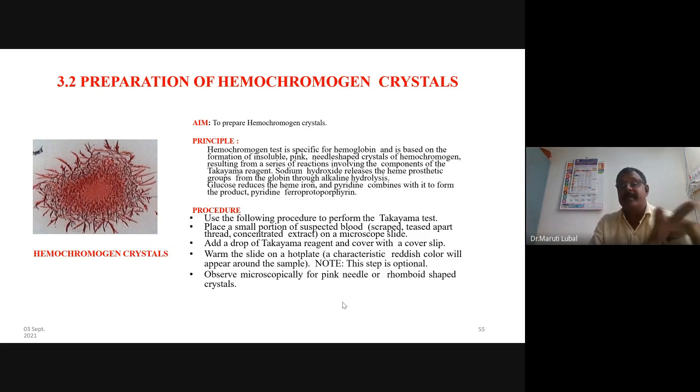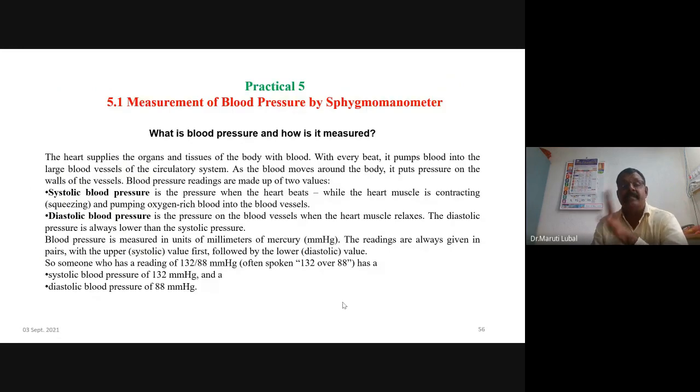Actually, I have not done this practical. Next practical is measurement of blood pressure by